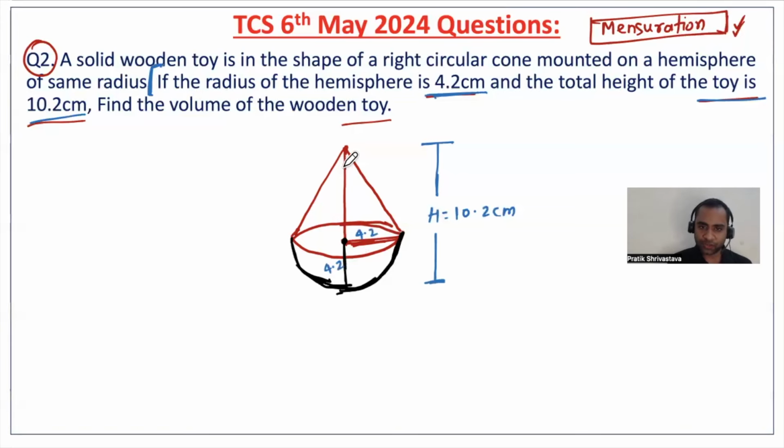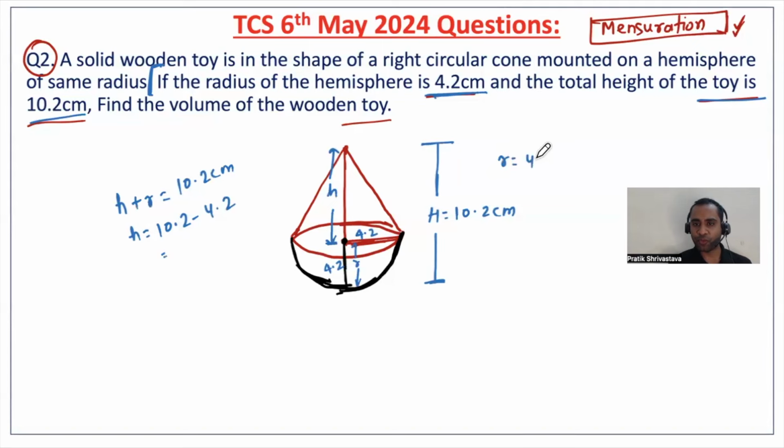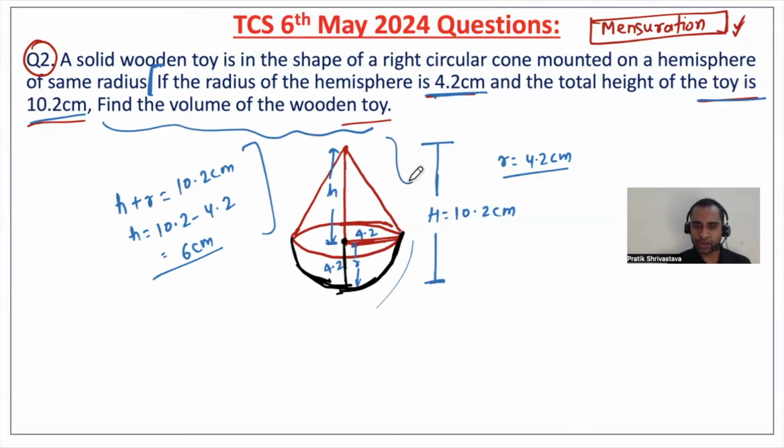Now friends, what is this particular height? Can we calculate it? I'm giving it a small h. So small h plus r, this particular one being our radius, is nothing but the total height, 10.2 centimeter, right? So small h will be equal to 10.2 minus 4.2. The radius is given as 4.2 centimeter. So we get height equal to 6 centimeter. Now we have got this. Then they're asking to find the volume of the wooden toy. This complete figure is the wooden toy, so the volume will be